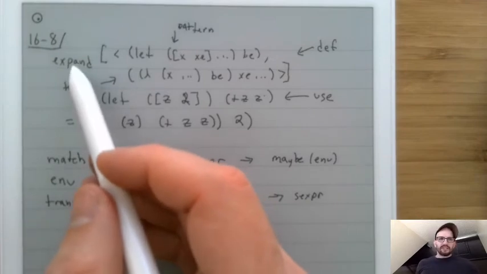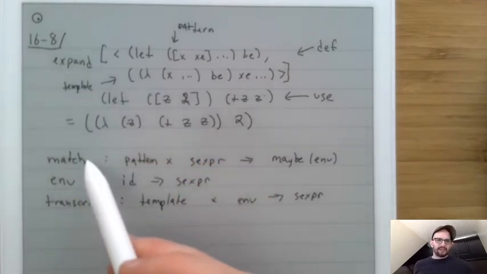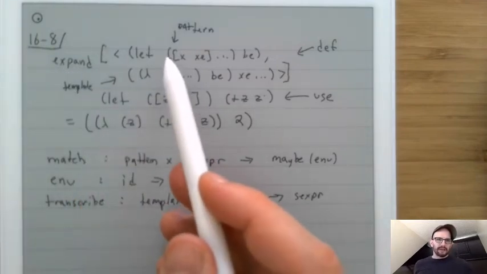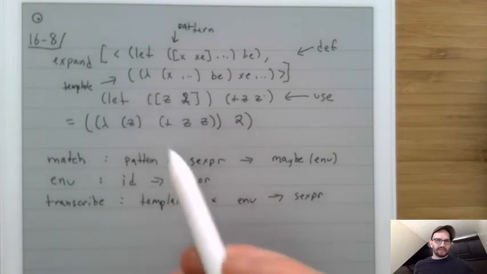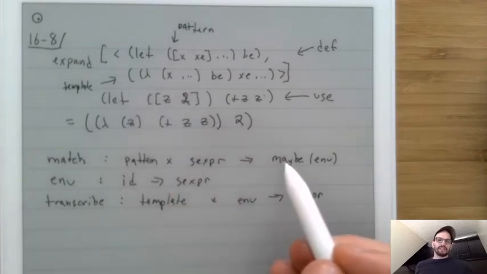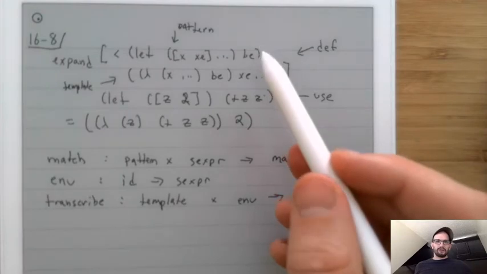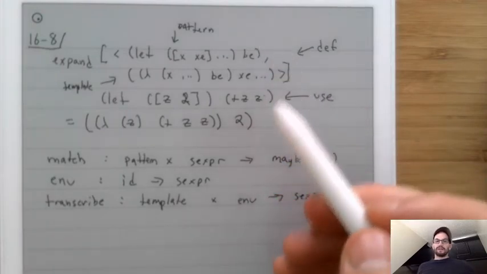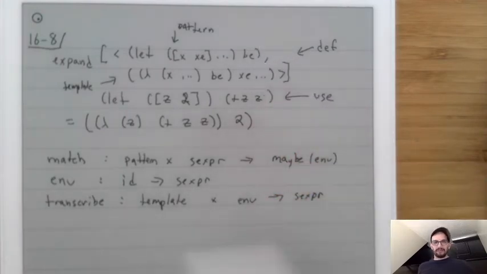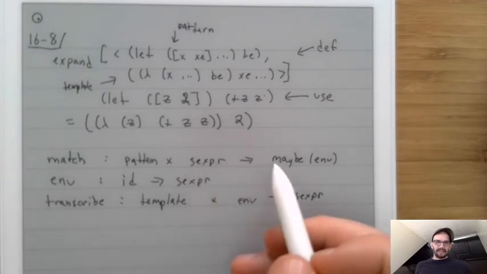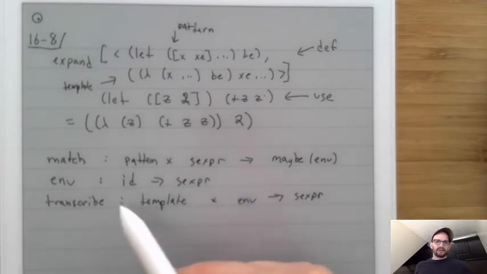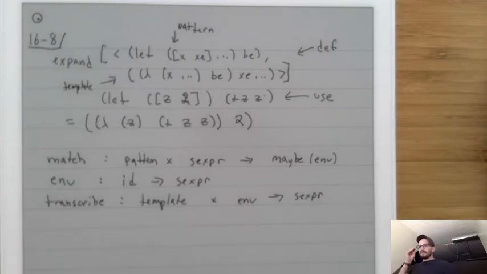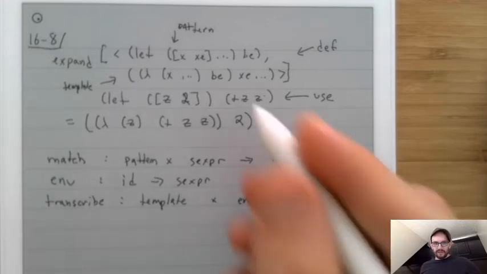What expand is going to do is it's going to call match with each pattern and the use until match returns an environment. So it's going to go through this list, and whatever the first one that actually returns an environment, it's going to move on. Then it's going to take the environment that comes back and call transcribe with the template and with the environment. So what I mean by that is that with this use right here,